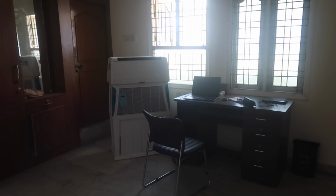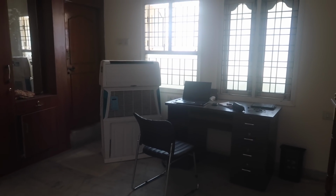So there's a lot of things that you see there. Again, ignore that. So this is originally the puja room. It has a little bit of puja setup here also, but then it's going to be an office room actually. It's going to be Yash's office room, but hopefully I can use it as well when I'm editing my videos, or probably when I'm working. As of now, this is all we have, like a little bit of an office table and a giant cooler